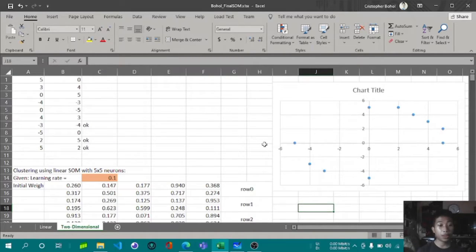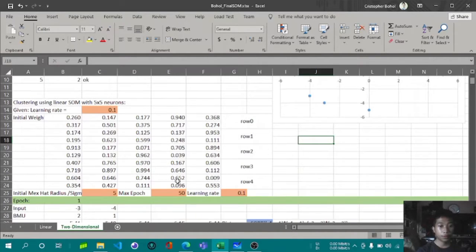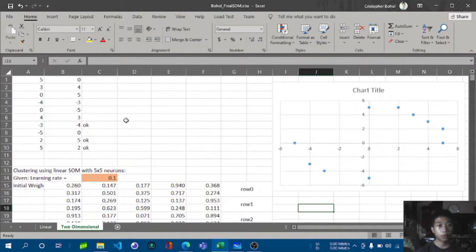We need to set the learning rate to 0.1. We also set the Mexican hat radius or sigma to 5 and max epoch to 50. So first things first, we need to randomize, selecting random values. So I can just select 50 or maybe 05 for my first input. But if I choose another value, it would change completely or entirely